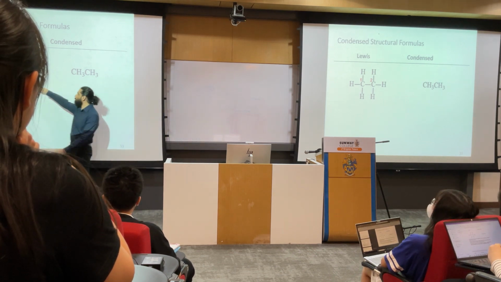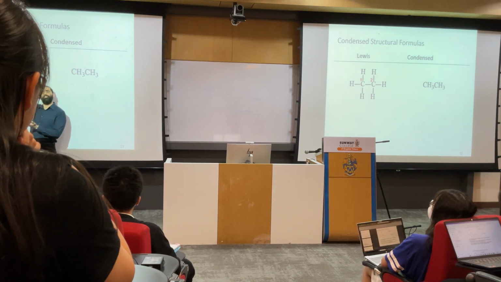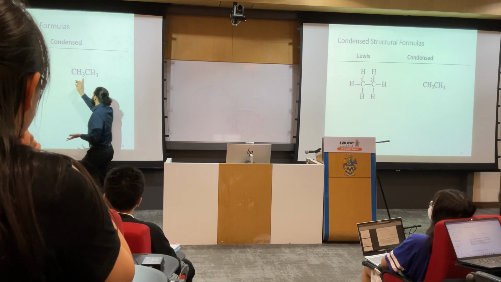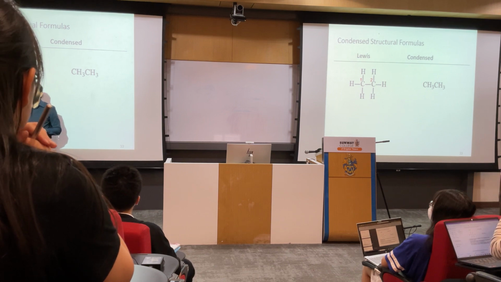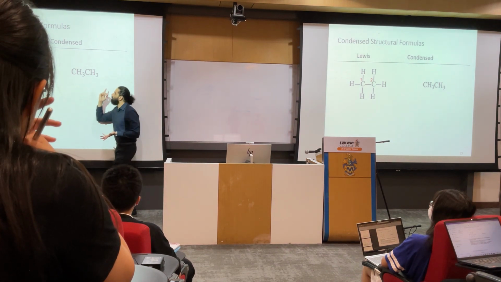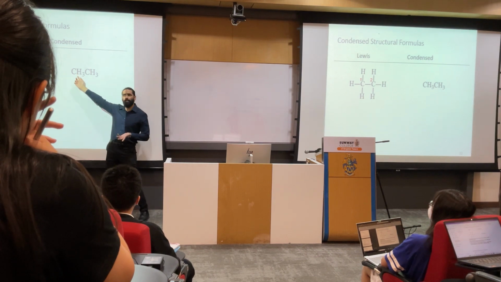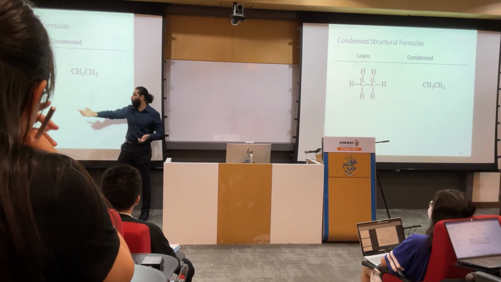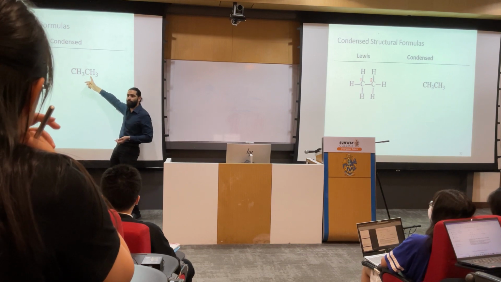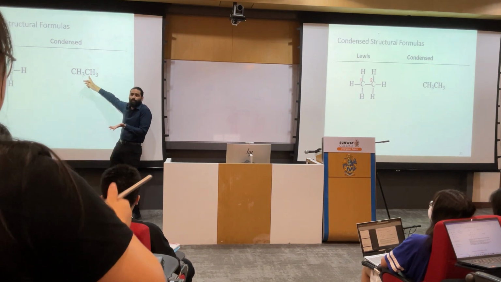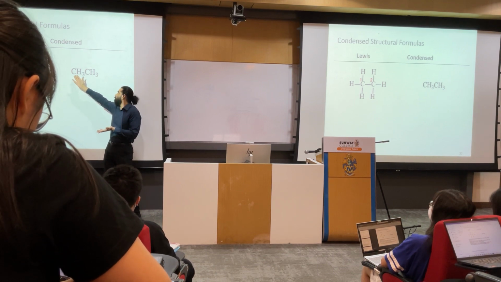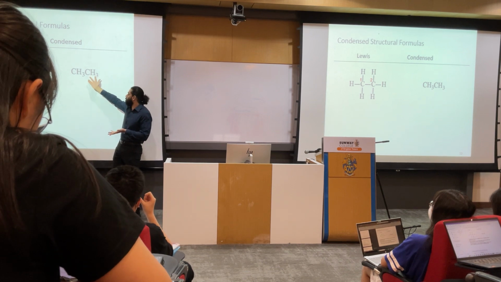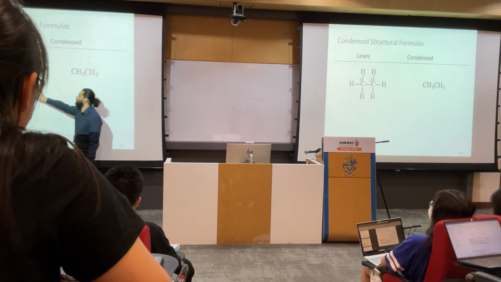We don't need to always draw these lines, because it is understood that this carbon has 3 hydrogens, so these 3 hydrogens will have covalent bonds just like that. Why do we know this? Because we know that carbon can make 4 bonds. So one of those bonds will be with the other carbon, so we don't need to draw it. And then the rest of the 3 bonds will be the 3 hydrogens. So CH3, CH3 actually tells a better story than this drawing.